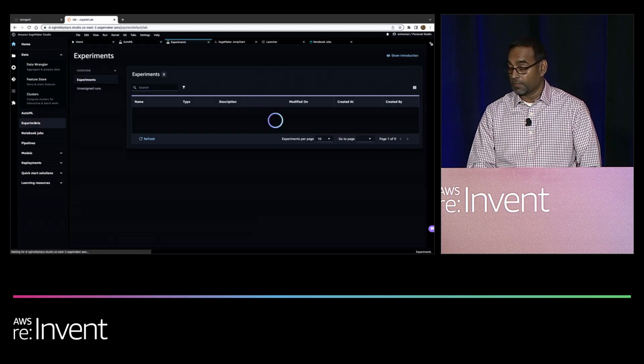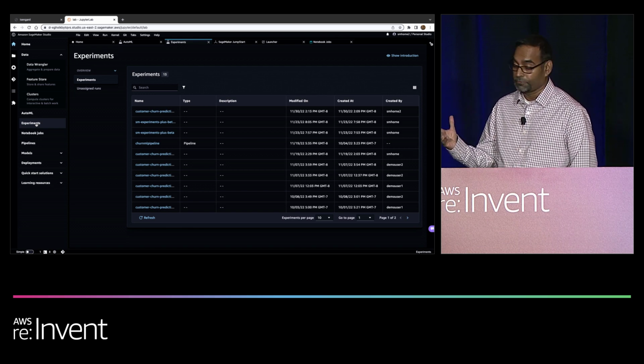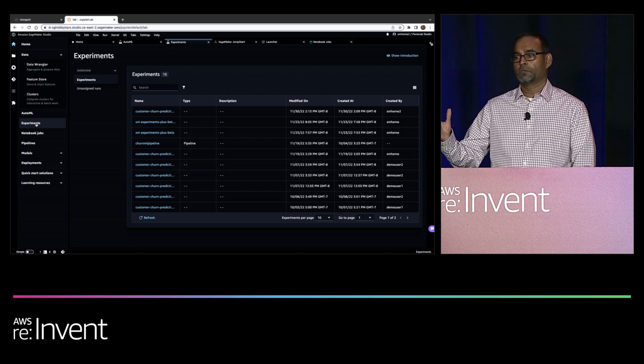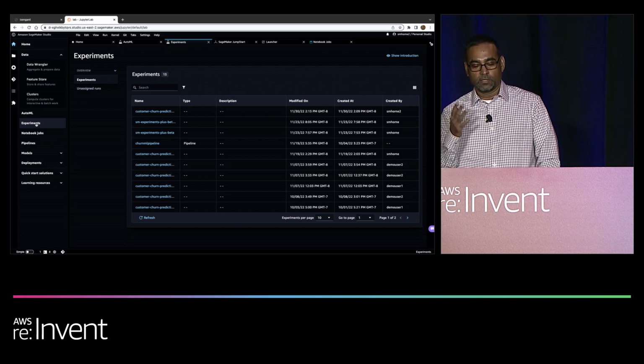I spoke about AutoML. That's the same function. We have quick access from here. And experiments is another feature we have, where when you're building machine learning models, it's an iterative process. So you may go through 10, 100, thousands of experiments, right? So the experiments feature,